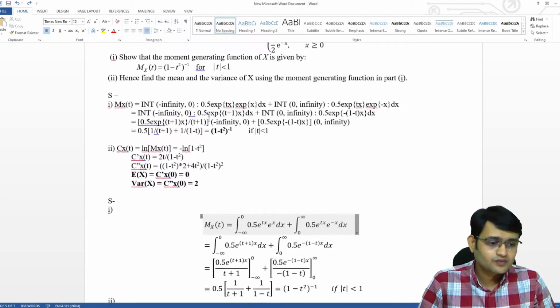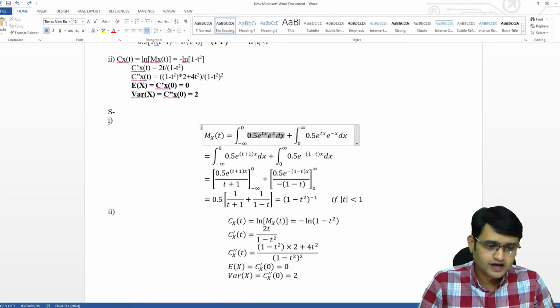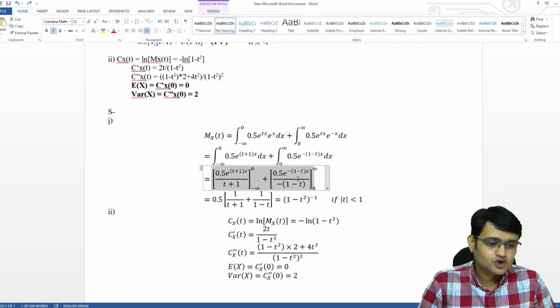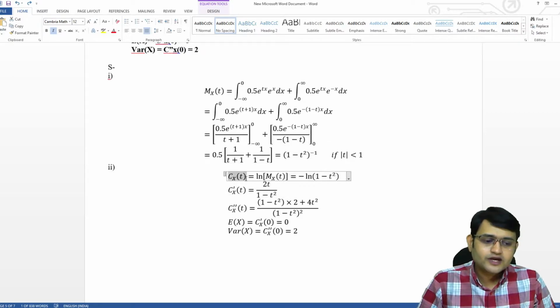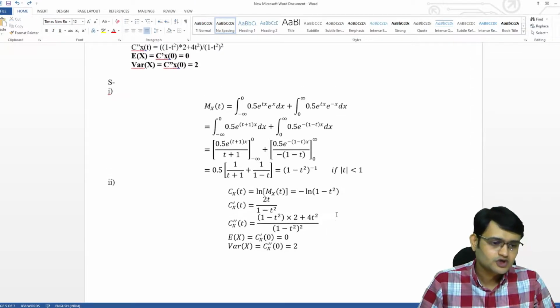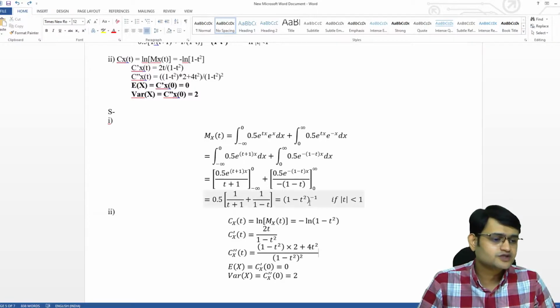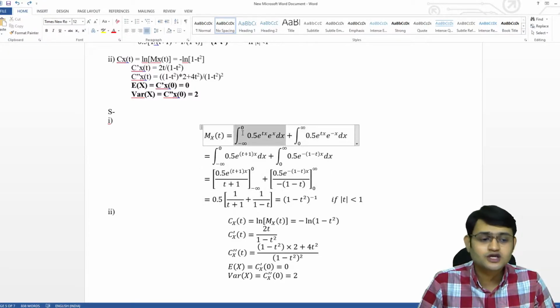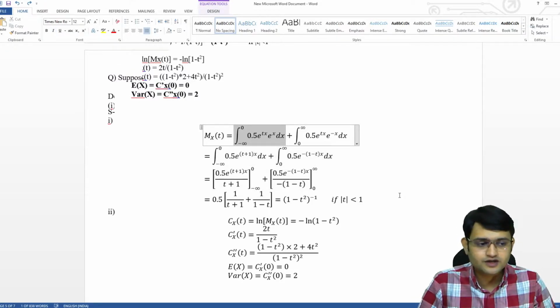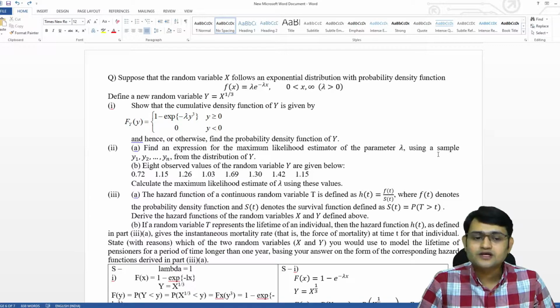So same sets of equations. First we write our equation, then you can just copy paste here and then just make the changes for our second equation, then solve integration, finally substitute and write our answer. Then for cumulant generating function, see here it was easier to make this equation and it's easier to follow visually what we are doing here. Okay, so I would suggest for moment generating function, cumulant generating function, or especially when we have integration, use equation editor.